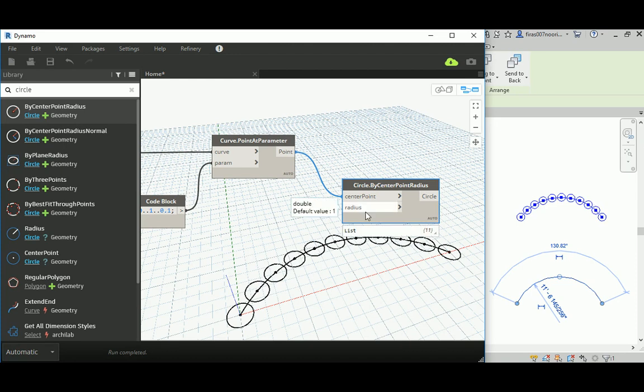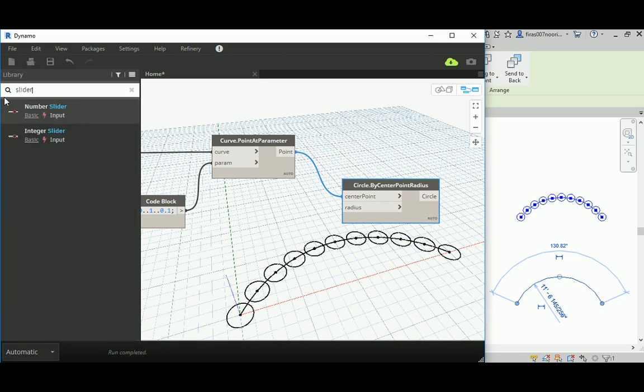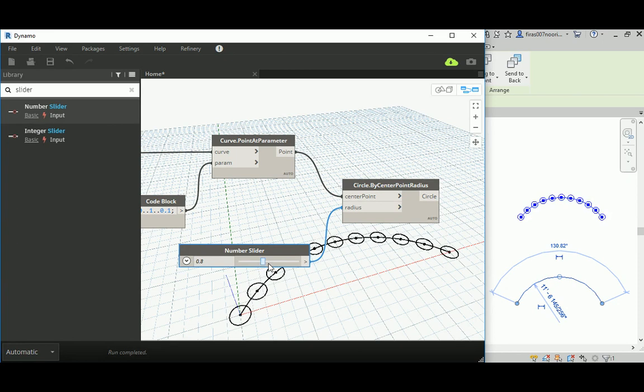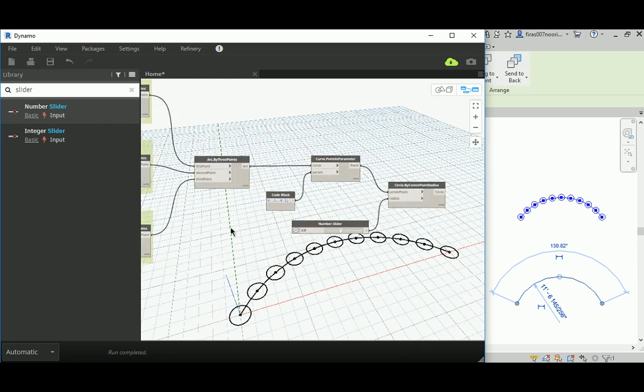And I can even control with a slider, okay, I can control the radius for all those circles. I don't want that to be so big, so yep. Here you can see now I can control that really easily and really quickly. And not only that, but I can get back to the first point itself,